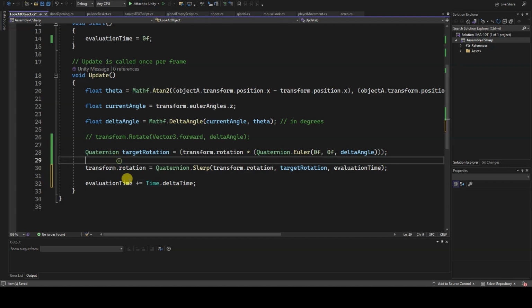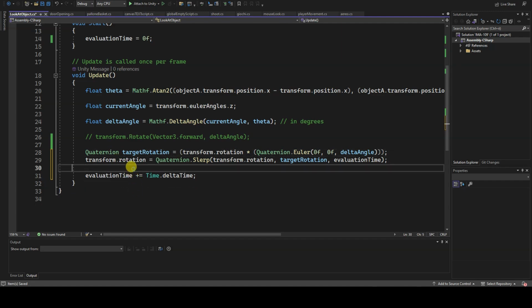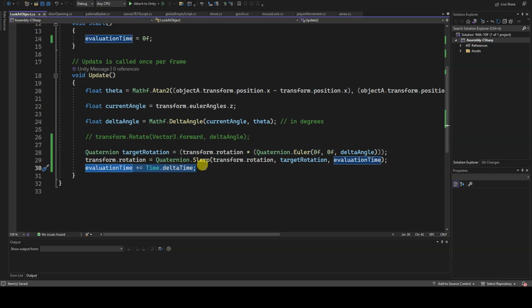This is, of course, just an example. My advice is to multiply Time.deltaTime by a variable, whose value can be adjusted in real time in the inspector, until an optimal rotation speed is achieved. I discussed this topic in my tutorial on Time.deltaTime. However, in this way, at some point evaluationTime will reach 1.0, as it is incremented at each game frame without a reset option. But when should we reset it?